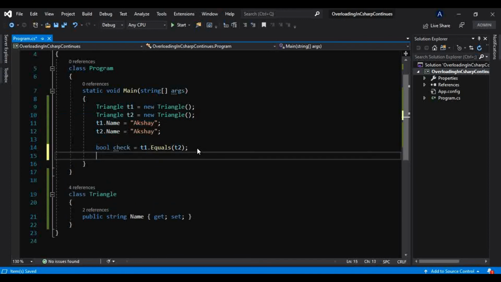So how can we check that? Let me print that with Console.WriteLine, and let me give a meaningful message here: are t1 and t2 identical?